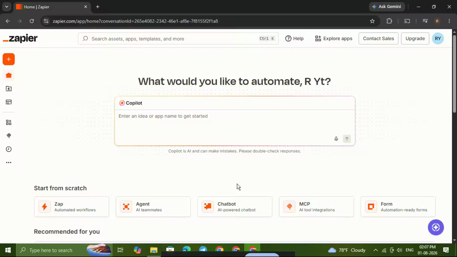If you want to upload YouTube Shorts in Zapier, this video will walk you through the whole process step by step so you can set it up quickly and start automating your uploads. This is a super useful workflow if you want to save time, reduce repetitive work, and keep your content moving